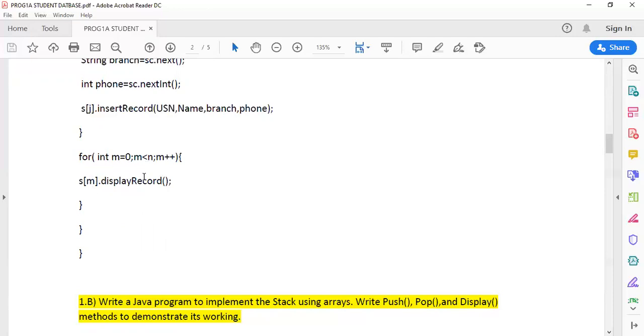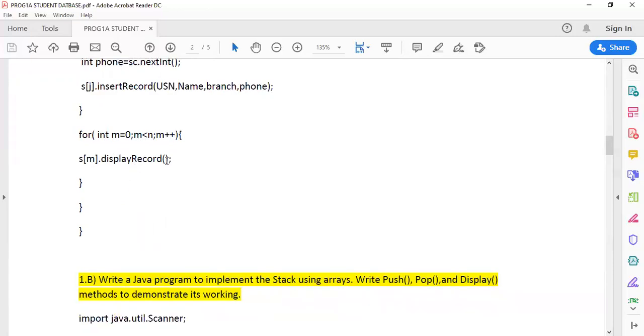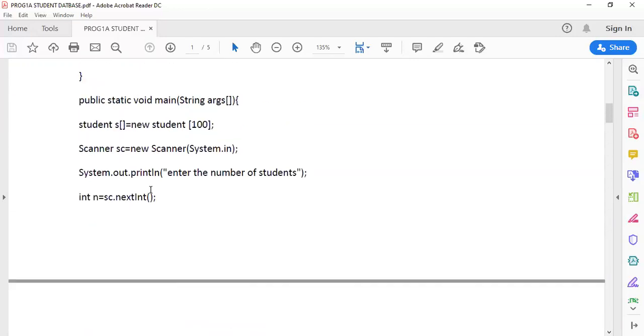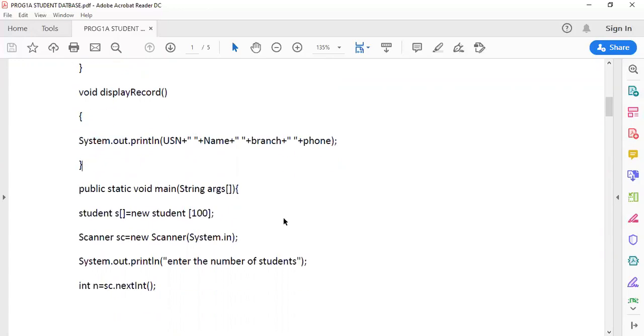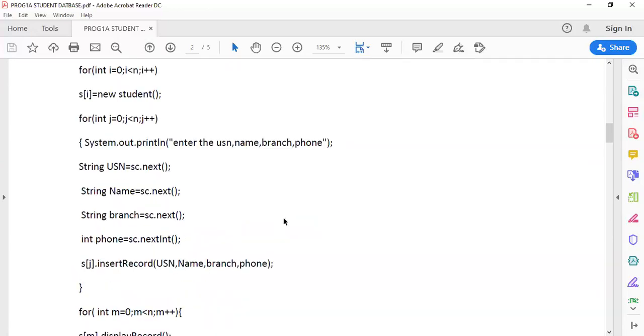If there are 3 students, it will be executed thrice. So after we call the display record, the details of n students will be printed. This display record will call this particular display member function, which is going to print all our student details.